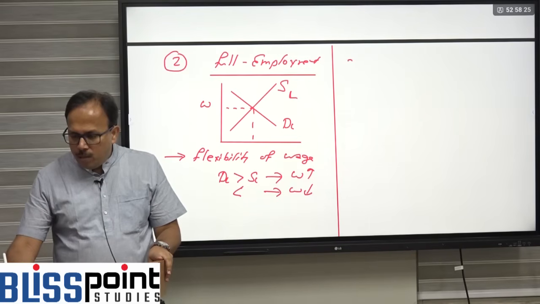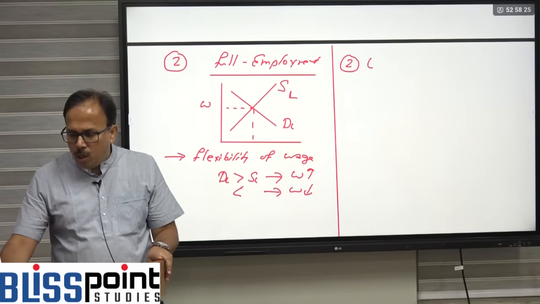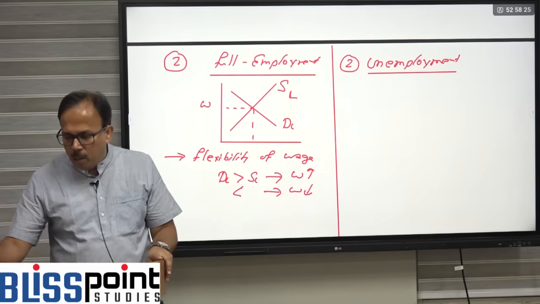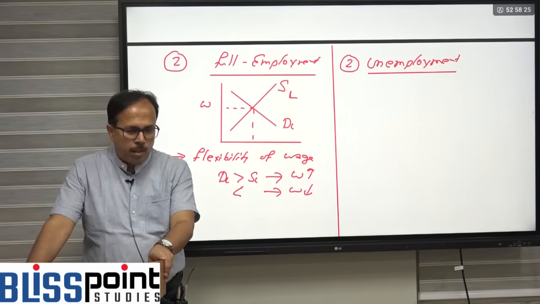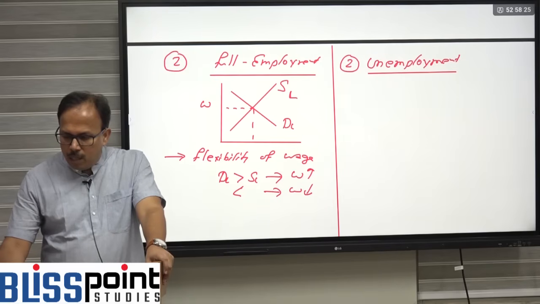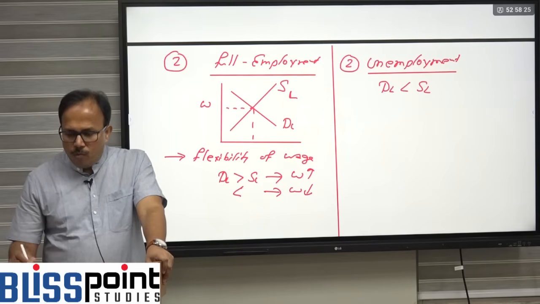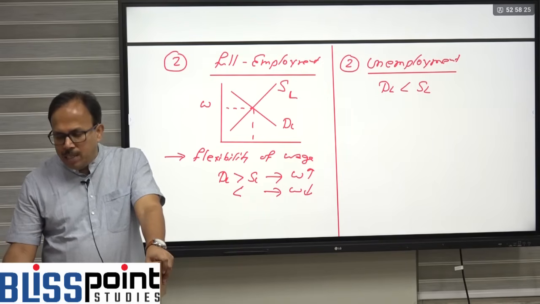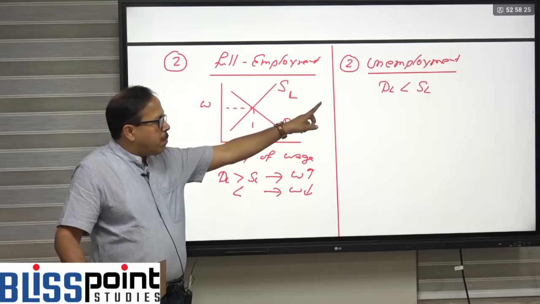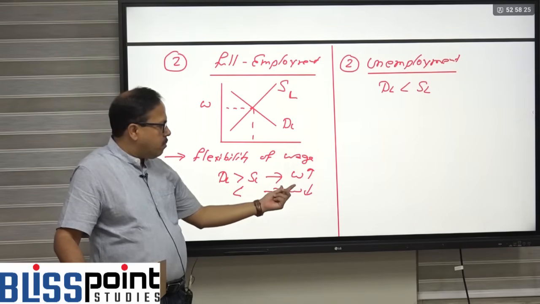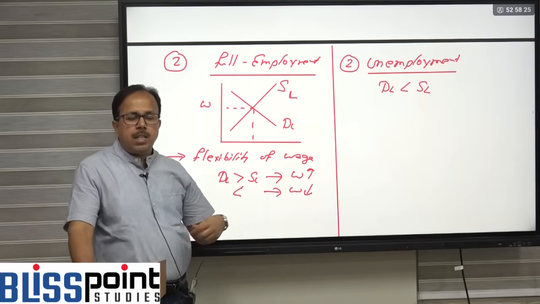But contrary to that, Keynesian economics says that the economy is characterized not by full employment but by unemployment. Now unemployment means labor demand is less but supply of labor is more. But if this condition happens, labor supply is more, then in classical what happens? Wage will fall. But Keynes says that wages are rigid,